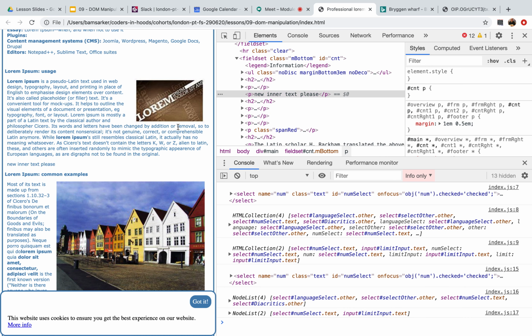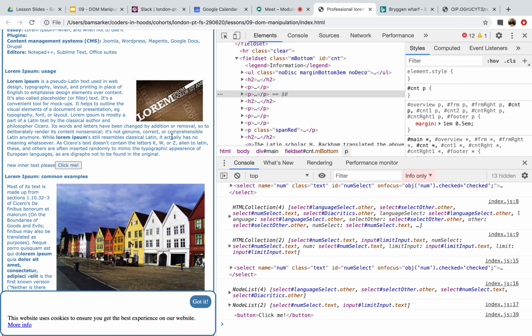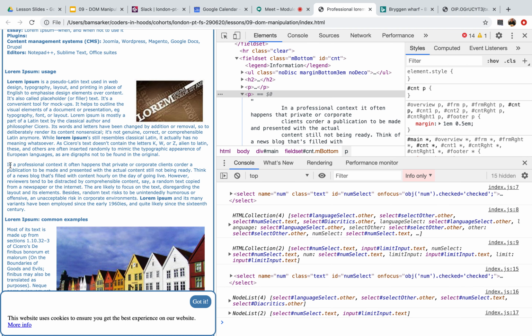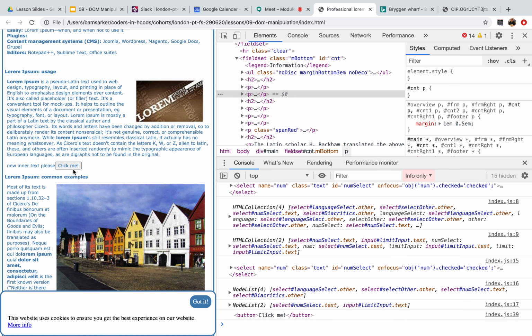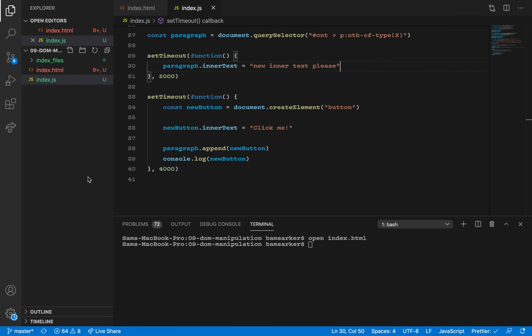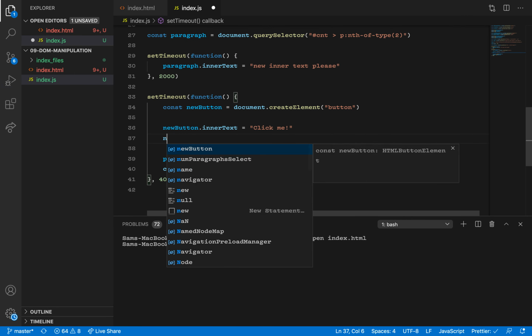So the button that was briefly in between the tags just gets removed. So now, okay, we waited 2 seconds, we saw new inner text, please, and then we see click me. I'll do it again. Here's the long paragraph, here's the short paragraph, and then here's the button. So we've created a button, we changed something about it, and then we added it to the page. We can